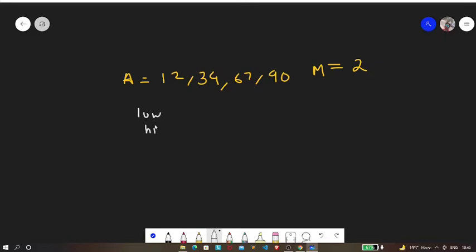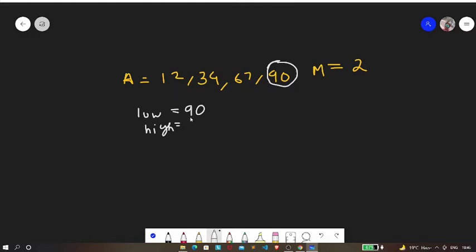So what do you think will be the minimum sum that we can achieve for this array? Don't you think the minimum sum will be nothing but the maximum of this value, that is 90? So our low will be nothing but 90, that is the maximum of the number of pages.